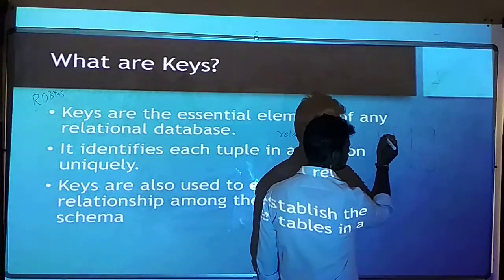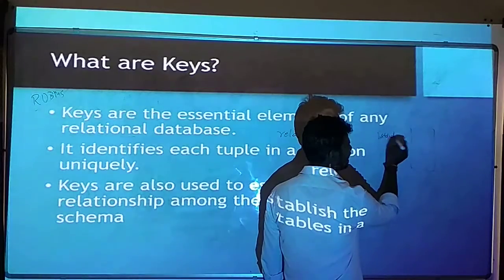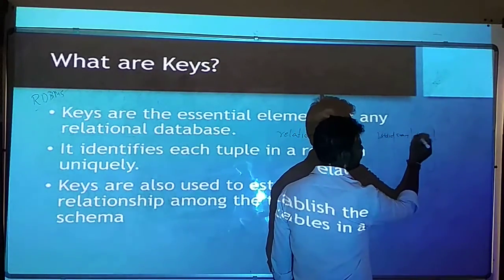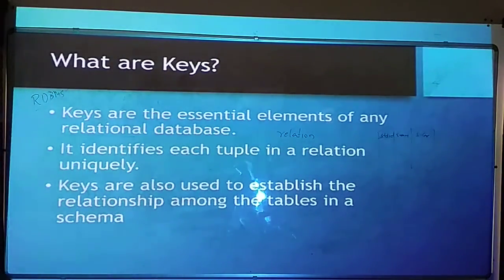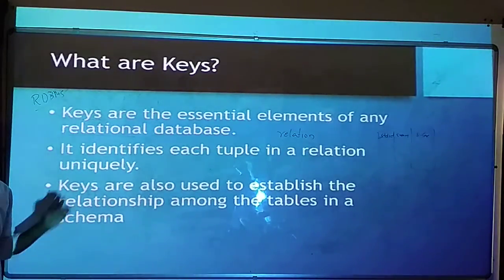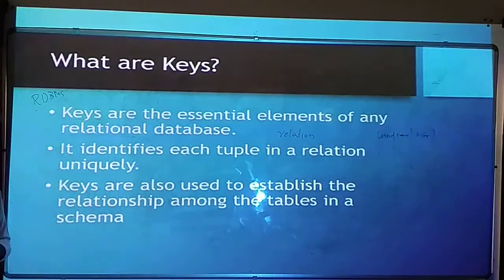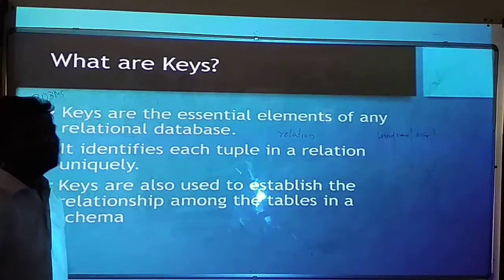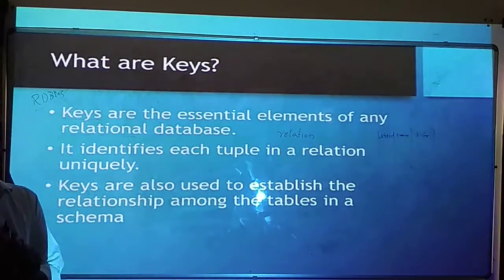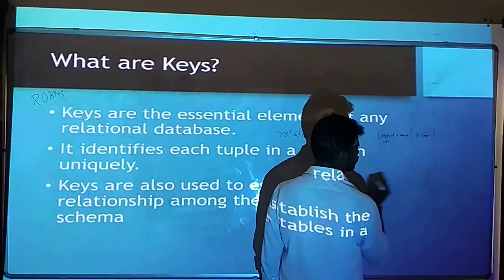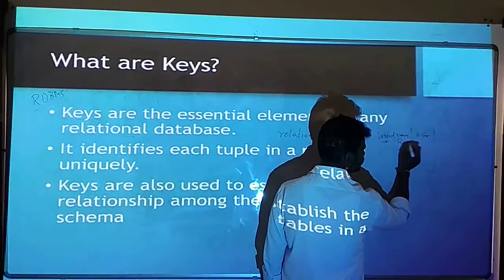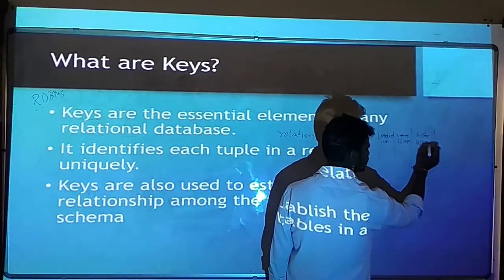Consider that I have a table with student ID, student name, and student fee. Whenever I have this table, I need keys in order to identify a single student. When we consider a college, there will be thousands of people studying in that college. In order to identify a single student, I will have a hall ticket number or a student ID. For example, 1001 is assigned to Ram, and his fee is 30,000.